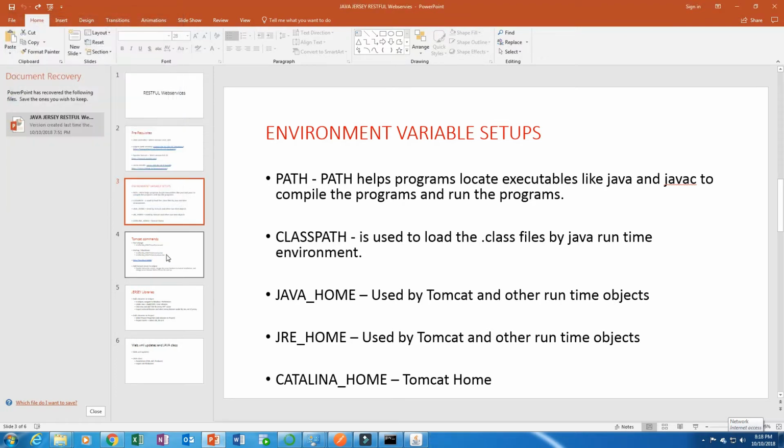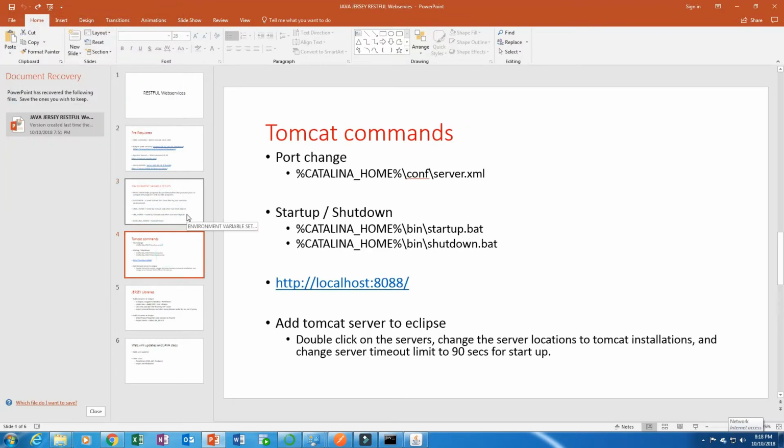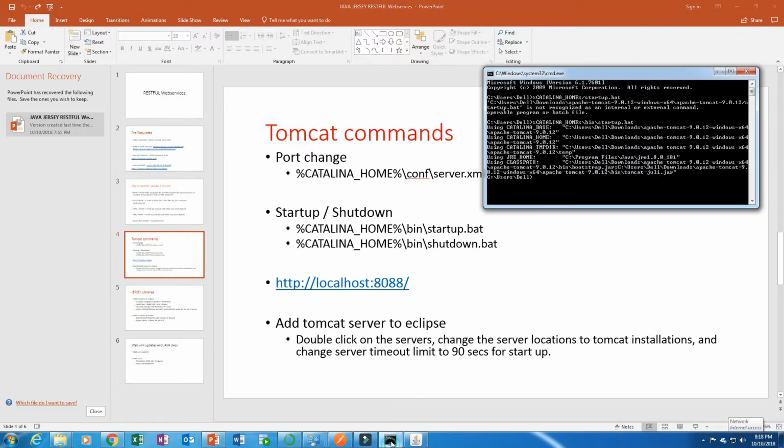Okay. Once that is done, all the environment variables are set up. So let's try to start and stop the Tomcat. All you need to do is run %CATALINA_HOME%/bin/startup.bat. Once you do that,